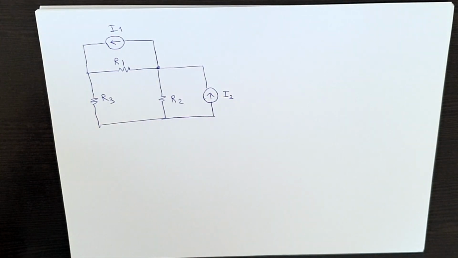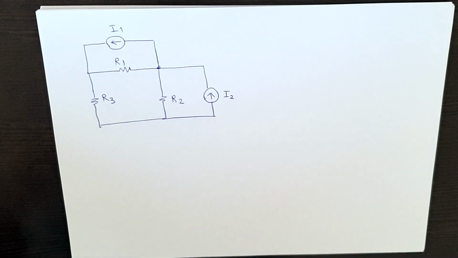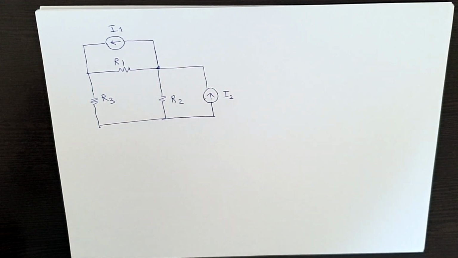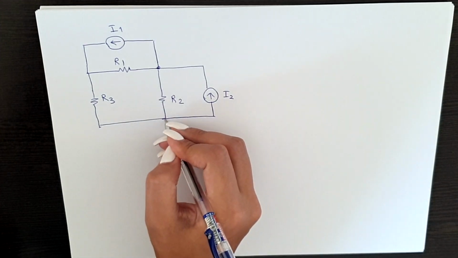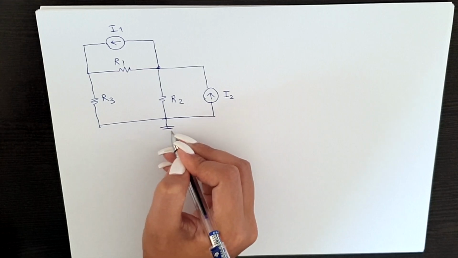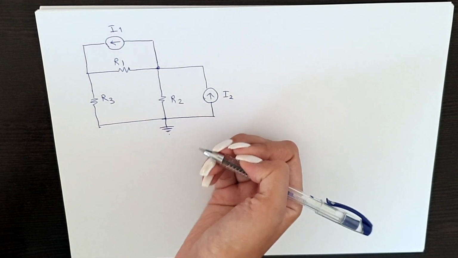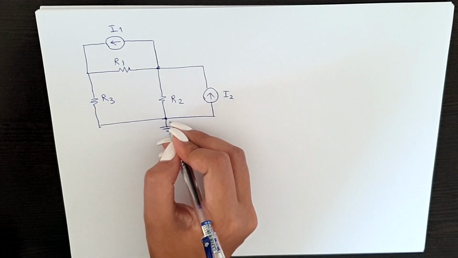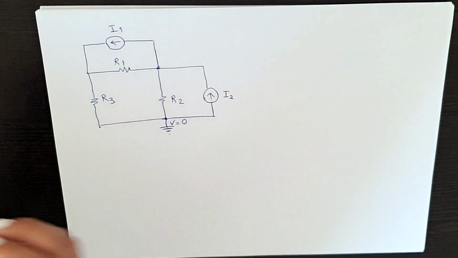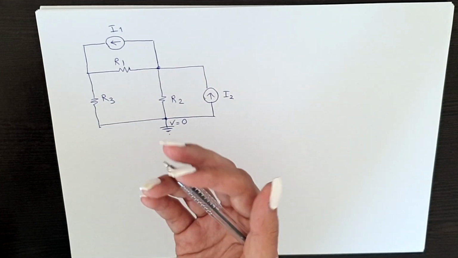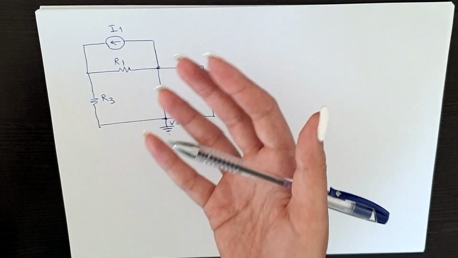First step in doing nodal analysis is to find one node and make that node our reference. What does that mean? Let's say this one is our reference. It means that we're going to connect that reference node to the earth. That means that the voltage in here is going to be equal to 0. And then we're going to find all the other voltages of all the other nodes compared to this one